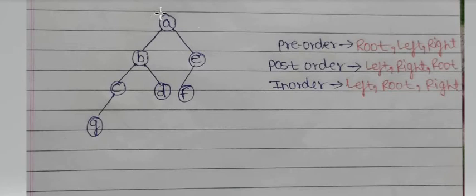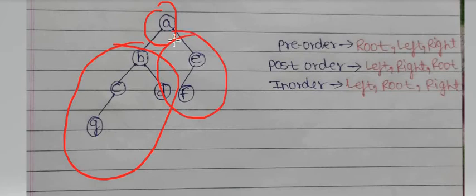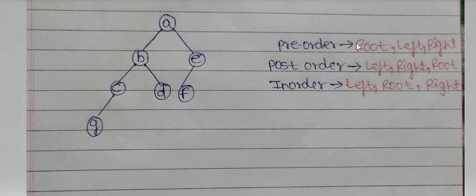So what is pre-order? This one is the root, this is the left subtree, and this is the right subtree. E and F are the right subtree. In the pre-order traversal, first of all we consider the root, then left, and then right. In post-order it is left, right, then root. And in in-order it is left, root, then right. So the position of left and right is always the same; basically the change is the root. In pre-order the root comes first, in post-order last, and in in-order in the middle. Now how do we traverse this tree with pre-order?